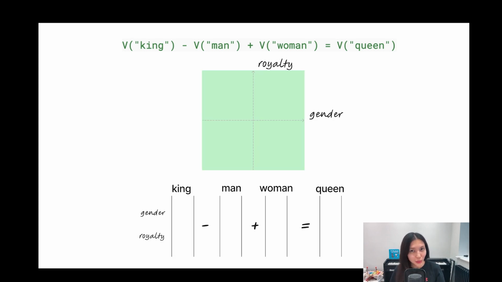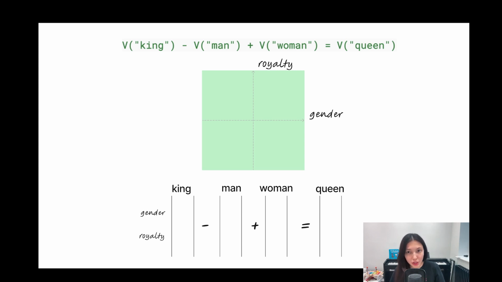And in our toy example, we will create a word embedding space that is two-dimensional. And we have two features here, gender and royalty, and they are aligned with basis vectors. And basis vectors are basically the vectors that span the vector space, meaning that every vector in this space can be represented as a linear combination of these basis vectors. In the case of two dimensions, these are unit vectors aligned with the x-axis and y-axis.